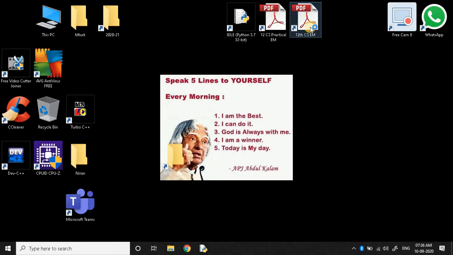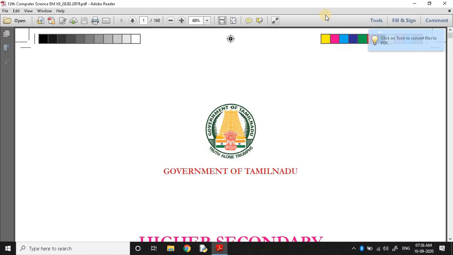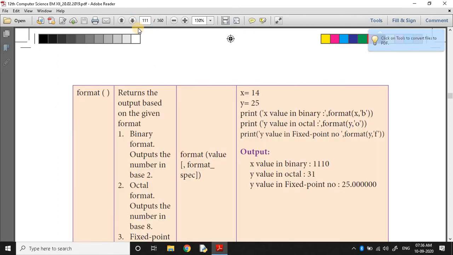In last class, we studied functions. What is a function? What are the advantages of functions? Then, how to define a function? How to call a function? Define a function with parameters, without parameters. Similarly, define a function without parameters and call.